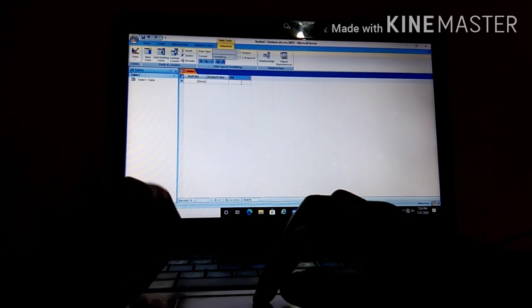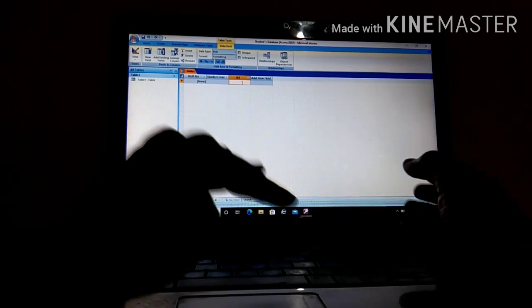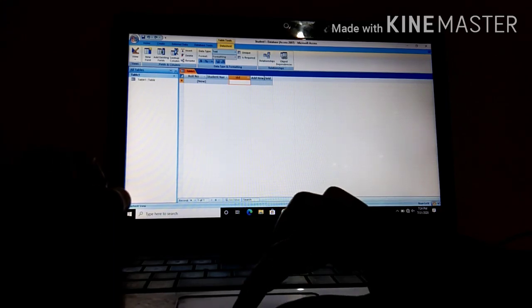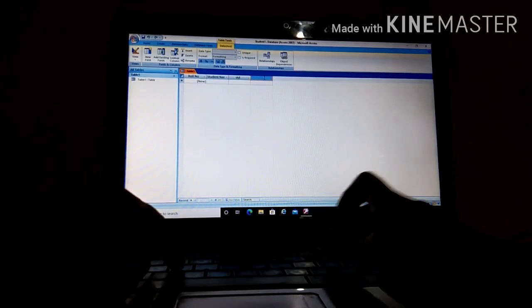When you want to add the next field, you have to click downside, then a new field is automatically added to your table. So you just have to type the name for your field, standard, then date of admission, DOA.